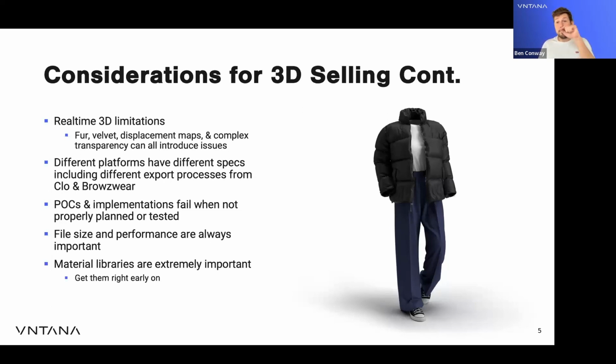And this is something I added right before this webinar, this last point, because I was just on a call with a client talking about it. And I think it's really, really important, and that people don't think about it enough: how important your material libraries are to get right early on in the process. If you do not standardize your material libraries, if you do not think about all of the places that this file might ultimately live, if you are only focused on renders, you are going to be kicking yourself later on. And the reason is, you're going to have to go back and rework the materials, or you're going to export them and then rework that 3D model to adjust the materials